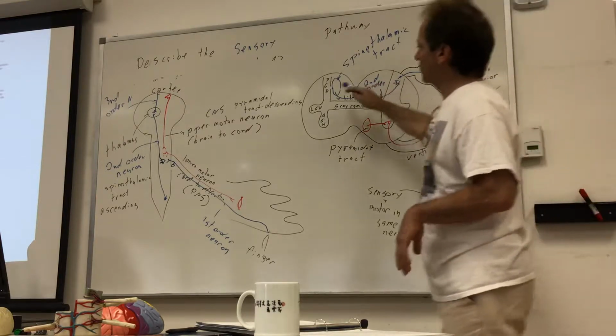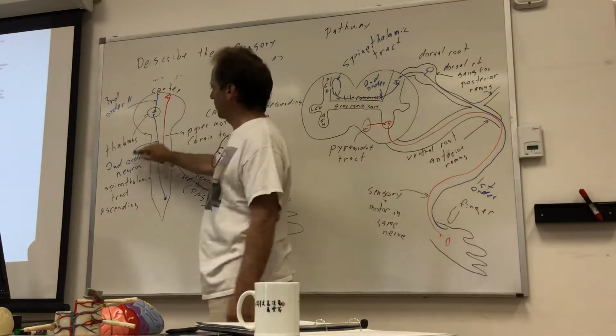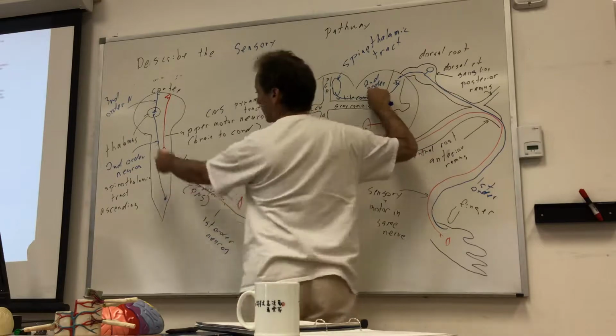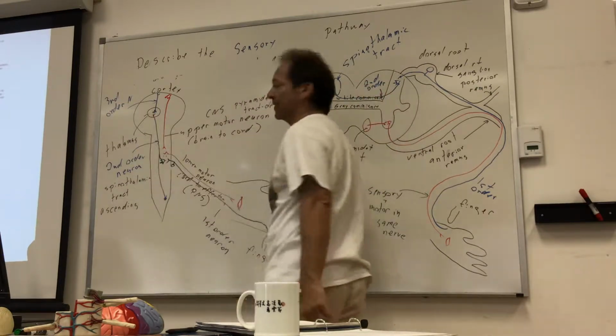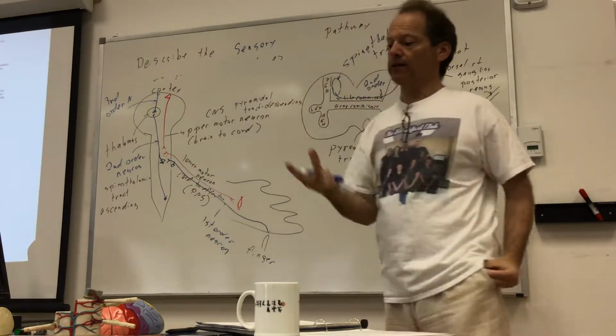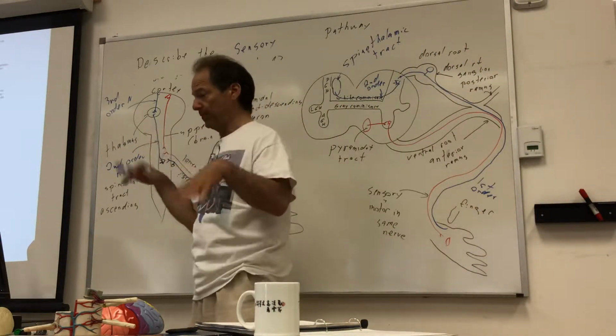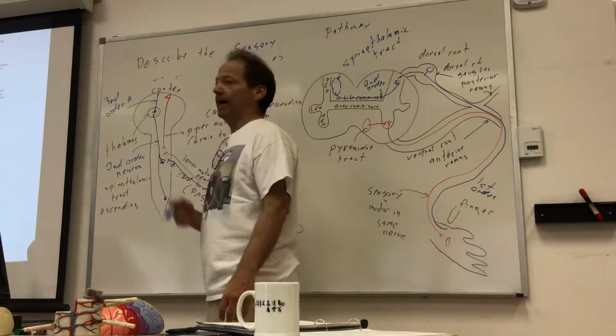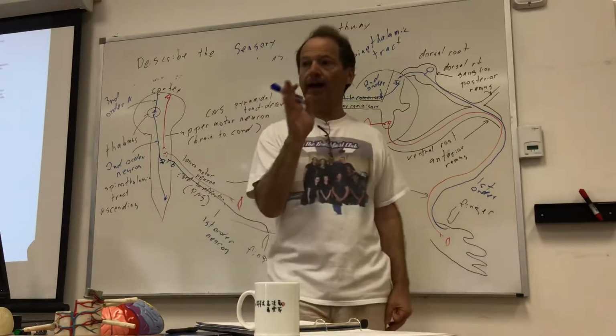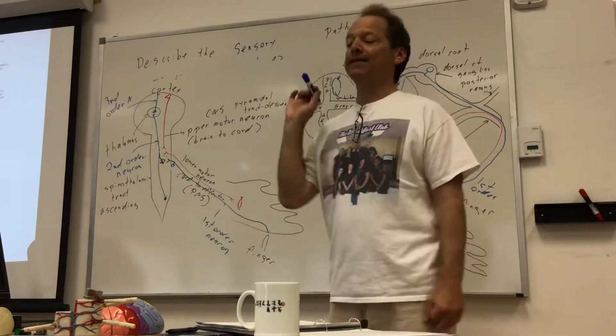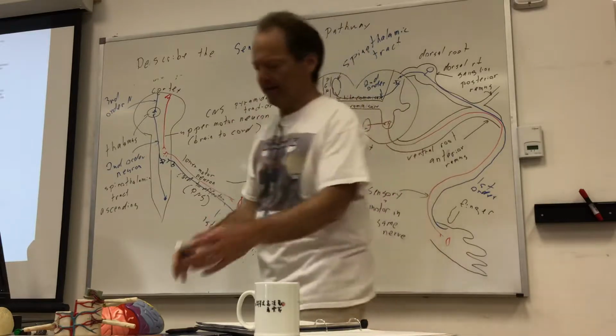So the spinothalamic tract is going to run it, that's a second order neuron. This is a second order neuron, and it runs up to the thalamus, and the thalamus is your main sensory junction. That's where all the sensory information from the whole body is coming. All kinds of different stuff is going in there. And then the thalamus is going to sort it out. And it's going to say, oh, that's tactile information. Now that I have a brain here,